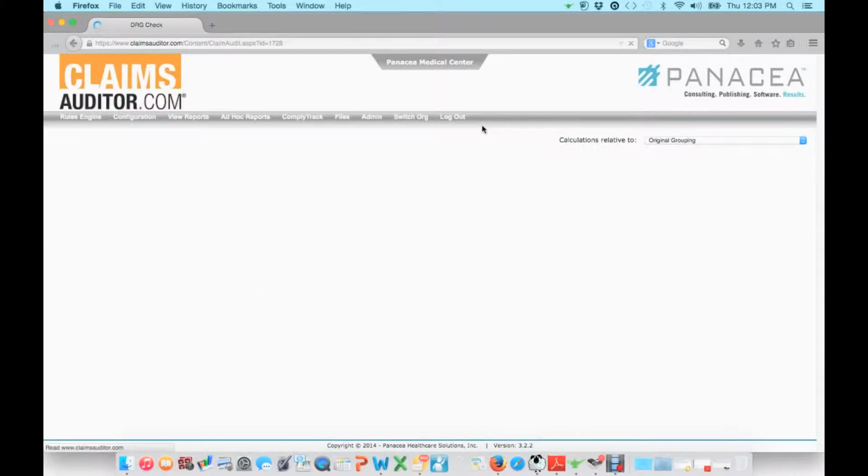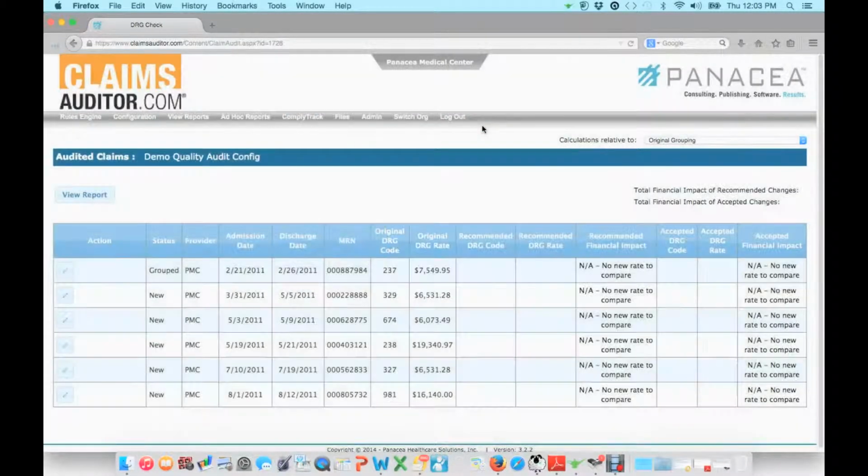So to summarize so far, I've shown you how easy it is to write a rule, how easy it is to find rules written by others, and how easy it is to create a custom configuration on any study topic. RAC, lost revenue, in this case we're using quality, find cases with quality issues. And now we've done that, and we have an auditor who's actually looking at the medical record and potentially making changes. So these cases selected would show up for the auditor,